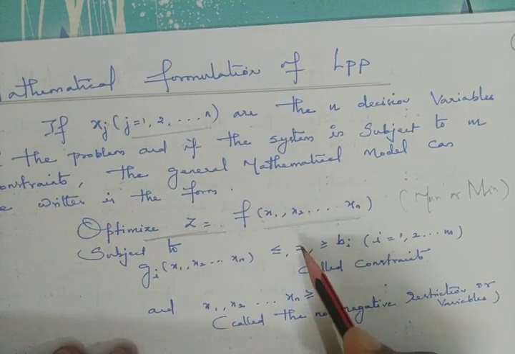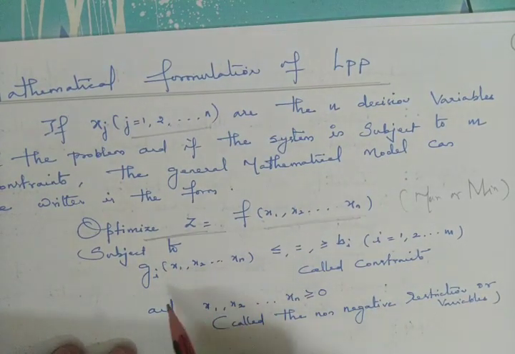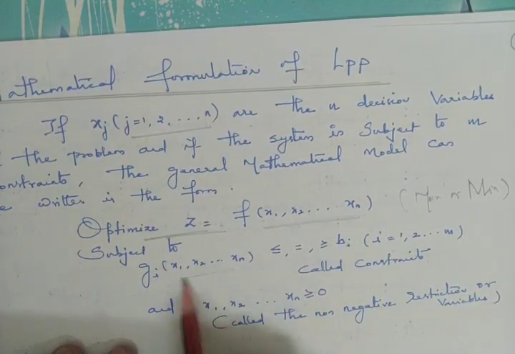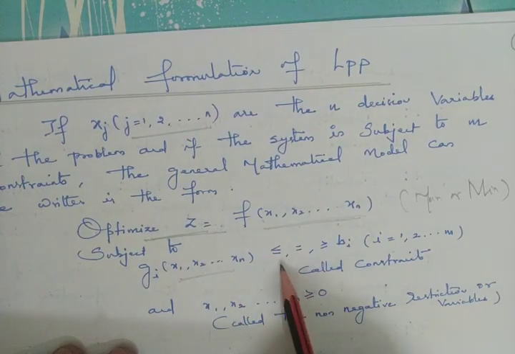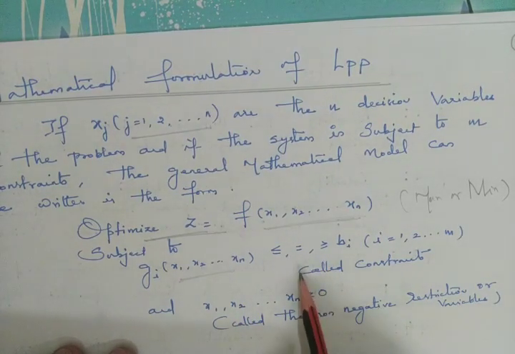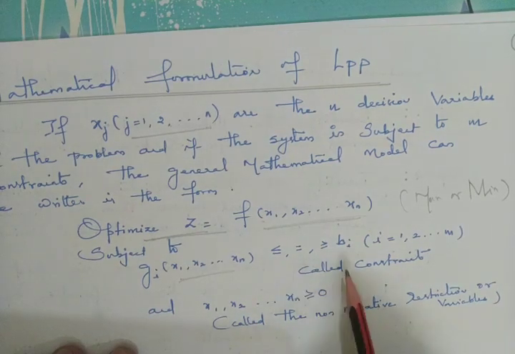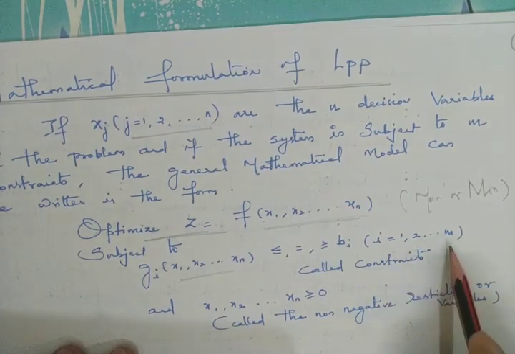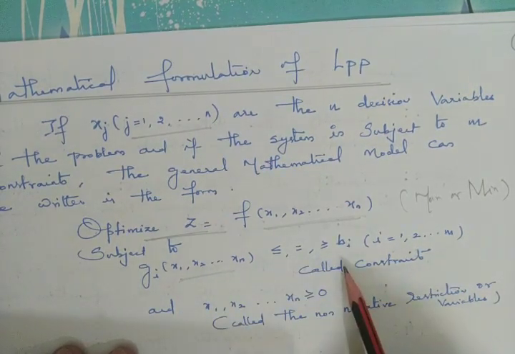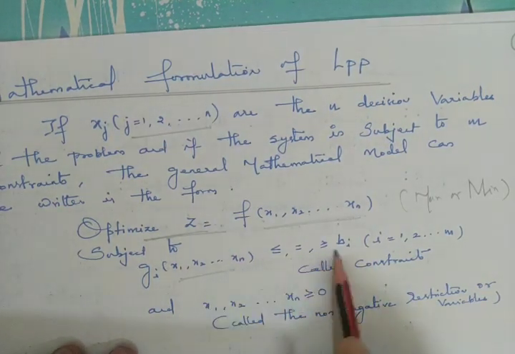And also, the problem may have some set of constraints. Here the constraints in generalized form we are mentioning as gi, where i varies from 1 to m number of constraints with n number of variables. The constraints may have any one of these inequalities or equal, based on the given problem. The right side is a constant, bi, where i varies from 1 to m. However many constraints there are, similarly the constants also will come in the same manner. So these we can call the set of constraints.